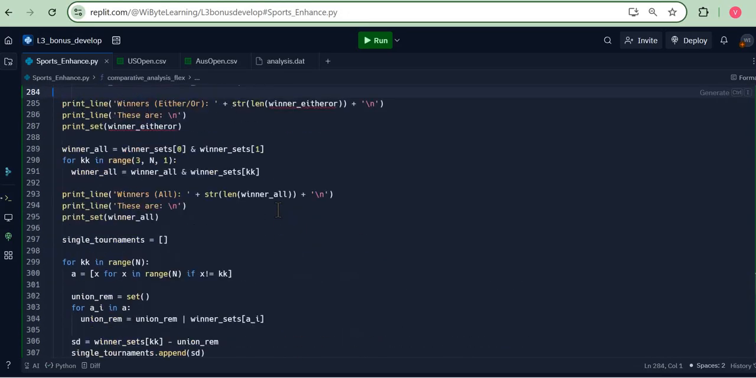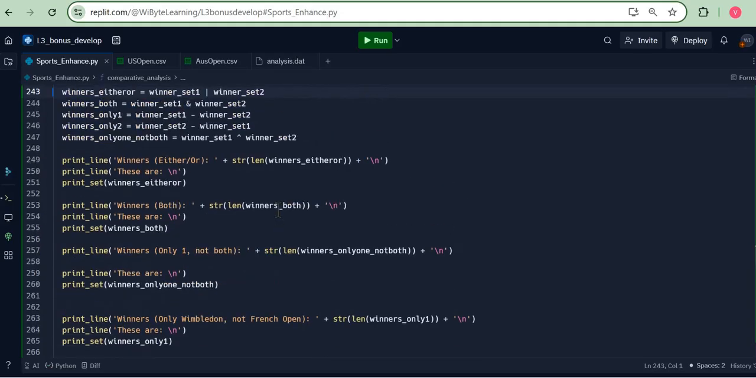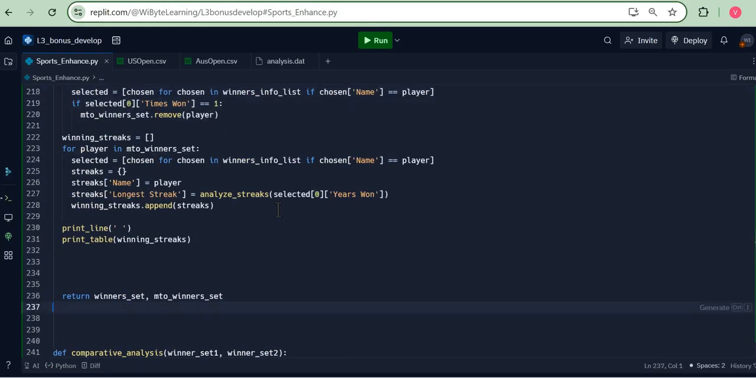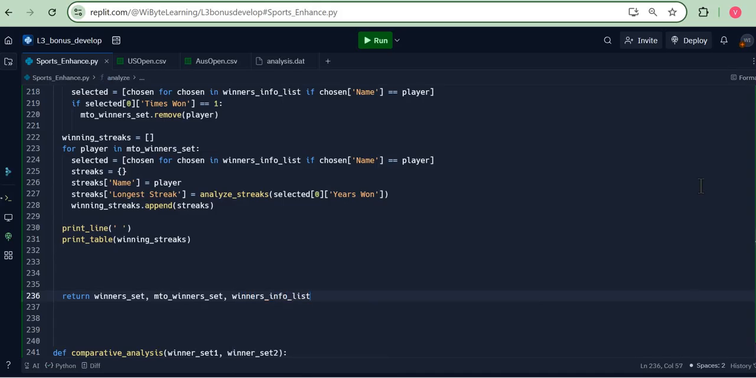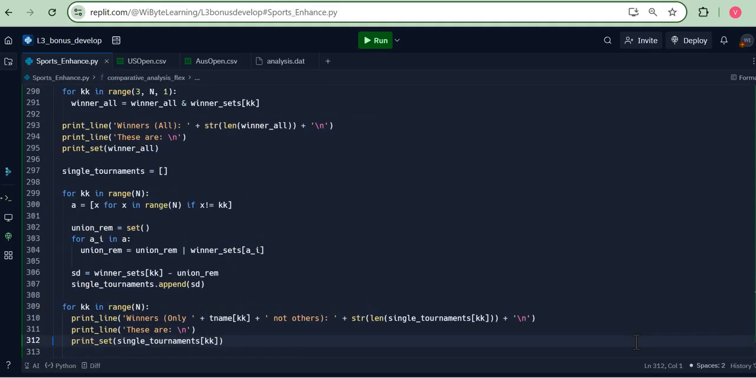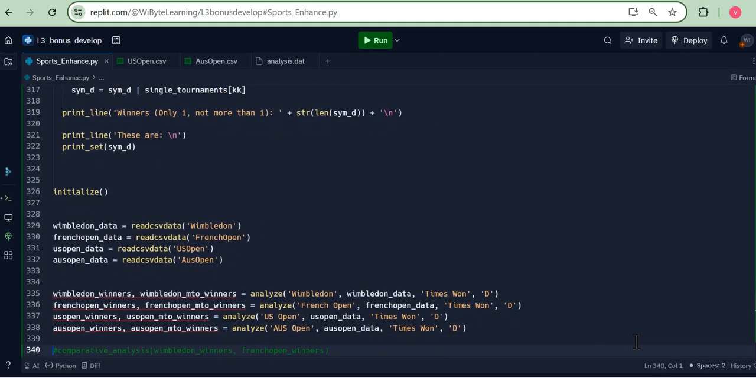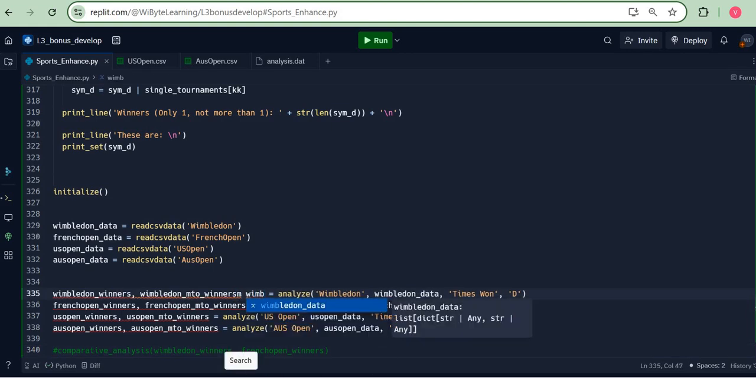So I'm going to do that first. I'm going to get into my analyze function. And over here, I'm just going to say, okay, please return to me the winner set, the empty winner set, all right. But please also return to me the winners info list. Now, in order to make this complete, I will have to go to my function calls. Notice now all of them are indicated in error here. So I'm just going to say, well, Wimbledon,